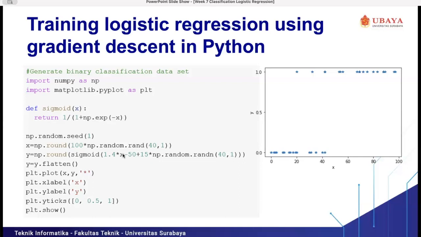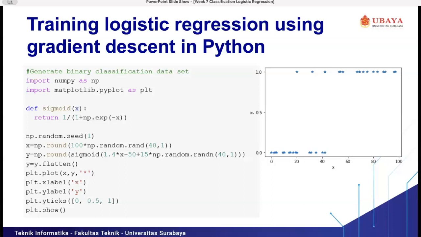We put x as the input, and we multiply it by 1.4, minus 50, plus 15 multiplied by random values. Because we have 40 different x values, we also need to generate another 40 random values, and we multiply them by 15.